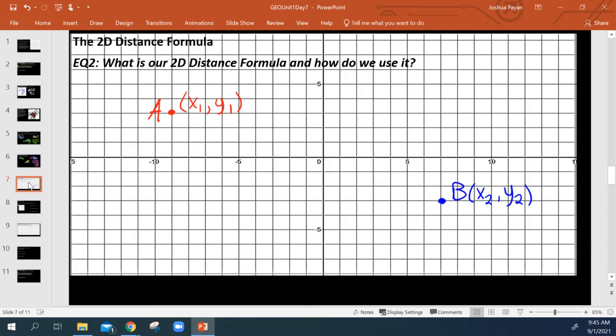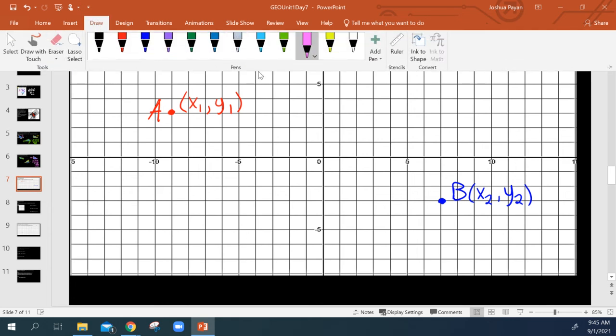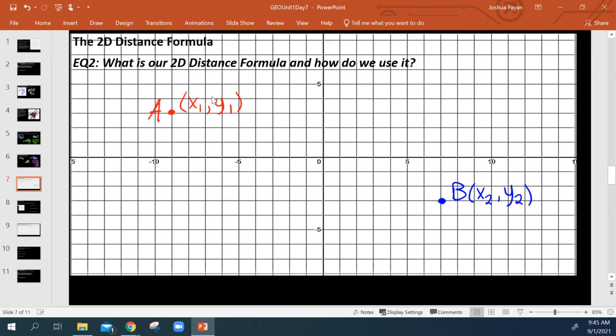Okay, so that's how we would use it to find missing legs. So now, let's look at the whole point of this video. How can we use it for two-dimensional distance? Well, you've already gotten an idea, right? So the idea that we've gotten